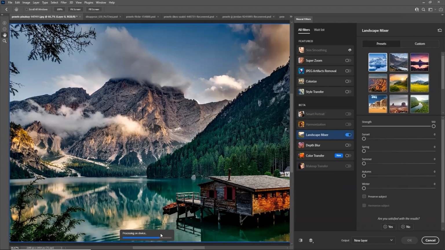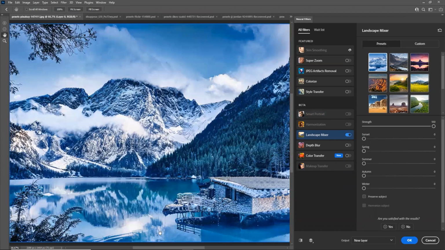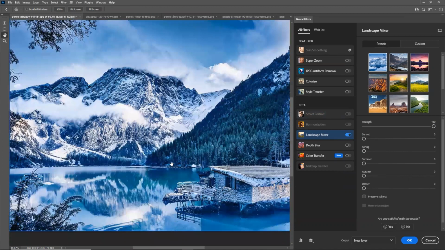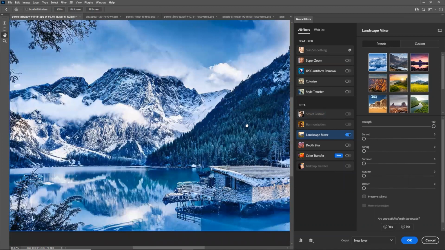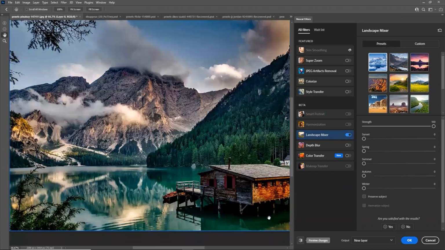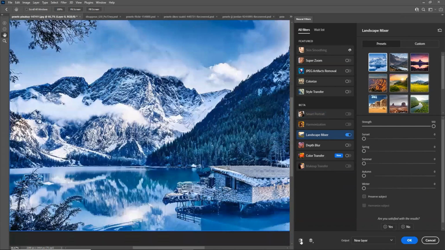Right now, you are actually having the filter processed in your own device. Okay, so if you click on before and after, you'll see that they have magically transformed this amazing landscape into an icescape.